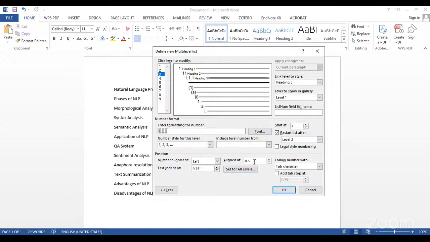And here you can see, go back to level 2 and see the aligned at 0.25, select it, and the text indent, select it, Control C, go to level 3 and paste aligned at. After that, here you can set 1.125 for example. Okay, then press OK.